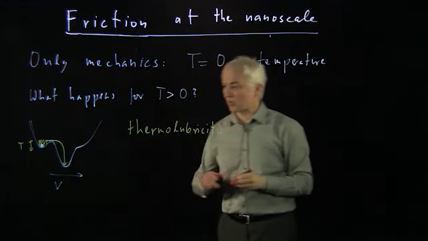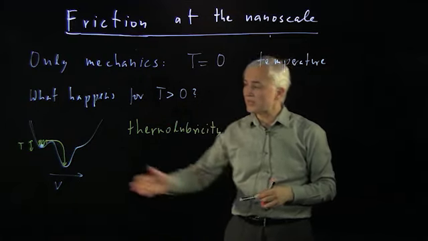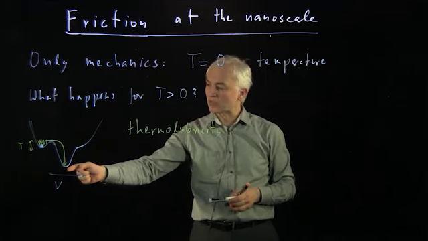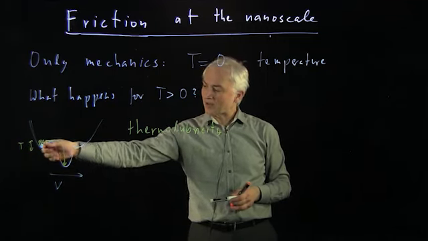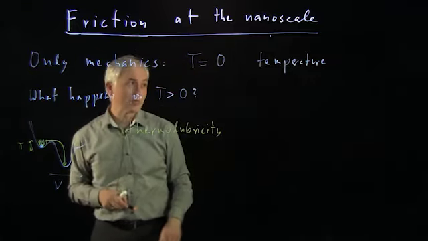The effect that when you heat up the surface, and in many instances you would have to substantially heat up the surface, then friction is reduced because the atom can find the new minimum of the potential without actually having to be pulled over the barrier. So let's see in a small simulation what that might look like.